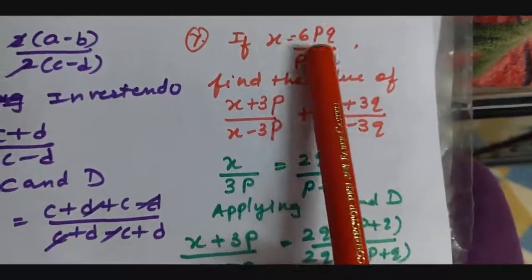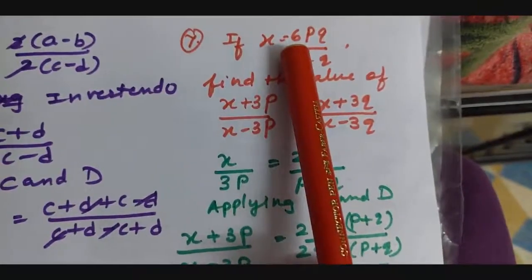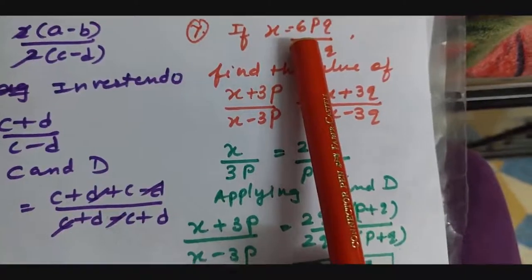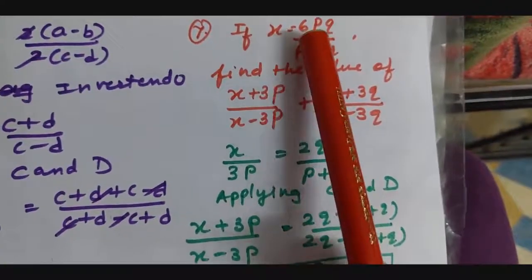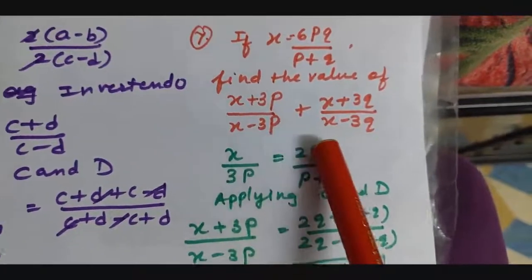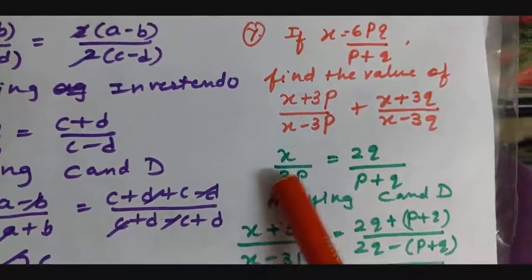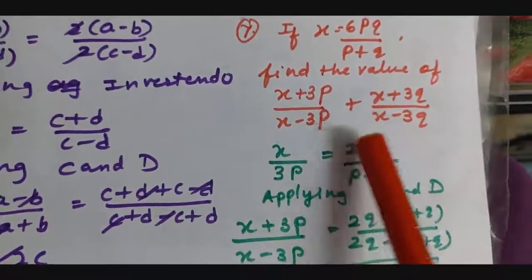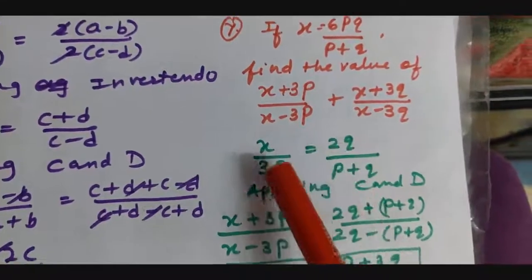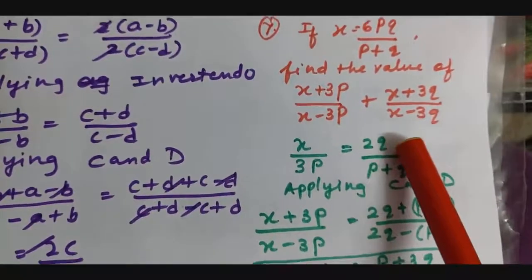So I will rearrange my terms by taking this result. You see, I know 6 is what? 2 3s are. So I am splitting 6 as 2 3s are and taking 3p in the denominator. You see 3p in the denominator, and 2q I am leaving as it is here. Actually it is 3 2s are 6pq only, but splitting the 6pq terms as 2 3s are, and this 3p in the denominator and 2q as it is.